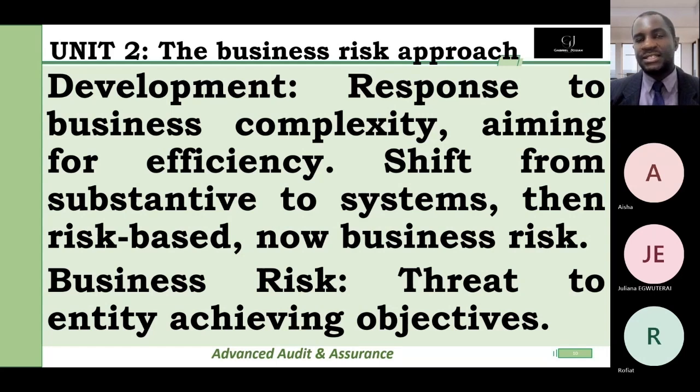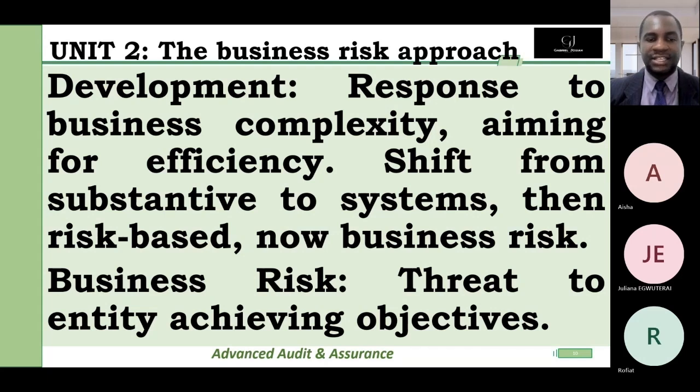So shifting from substantive to systems, then to risk-based, and now business risk are different approaches and also areas we could transit in during the audit work. So from substantive testing to system-based testing and also risk-based audit approach and also evaluating business risks are all areas based on the